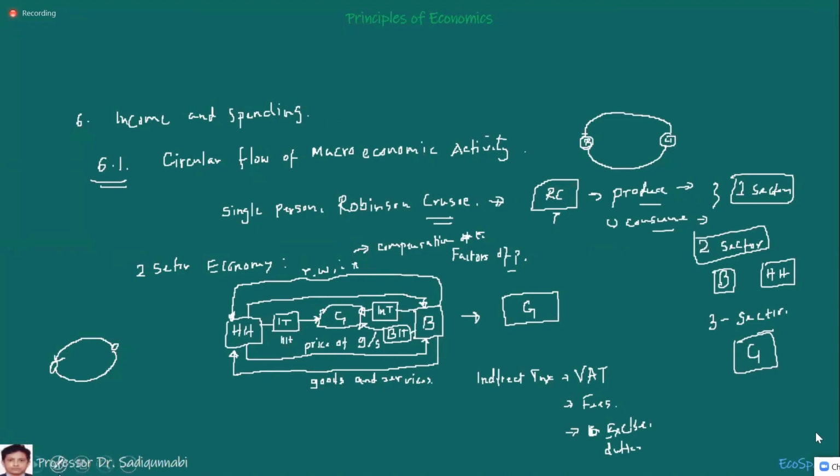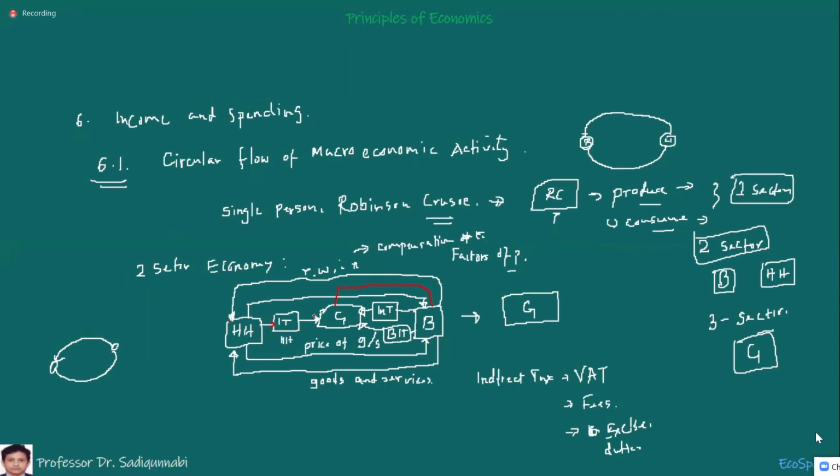Giving services. So we see that households send direct income tax to government. Business sends direct tax and indirect tax to government. There should be some reverse flow from here to there. Not directly to household, it is indirectly to household. If we say that this is our flow, then through another flow, it is also coming to the household.